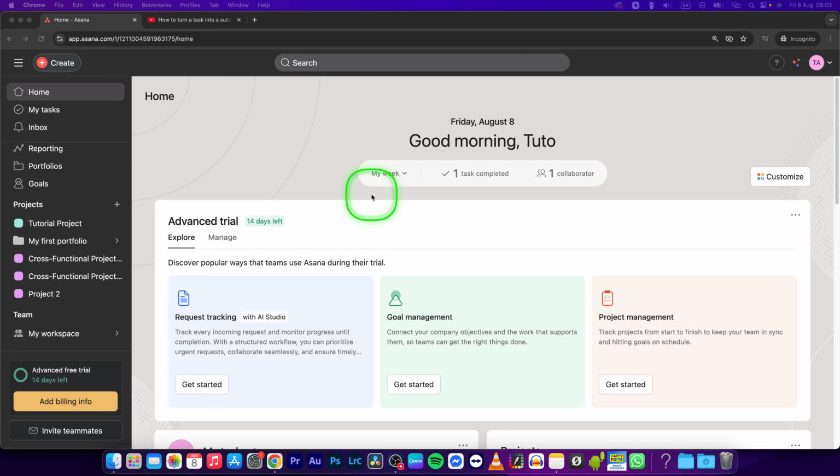Hey guys, my name is Elijah, and in this tutorial I will show you how to convert a task into